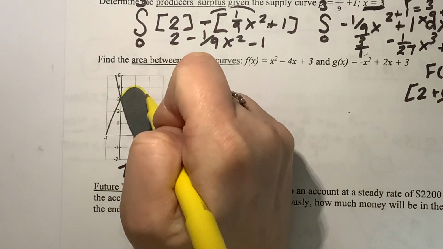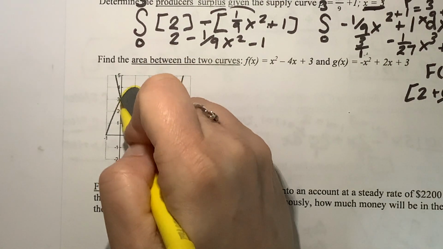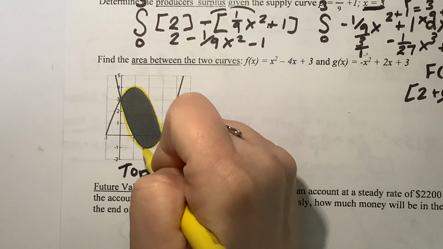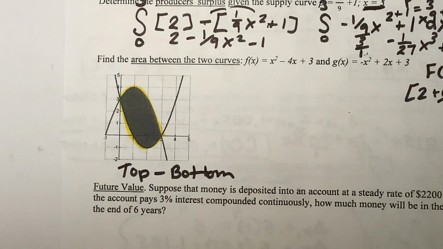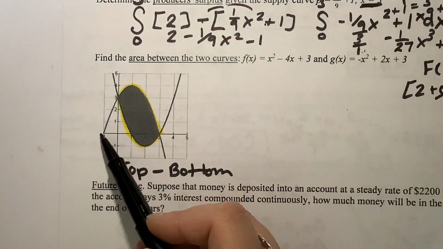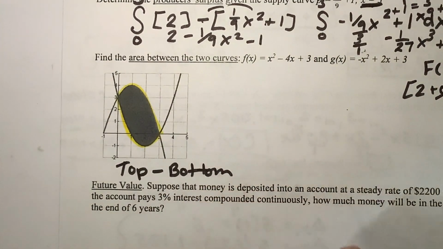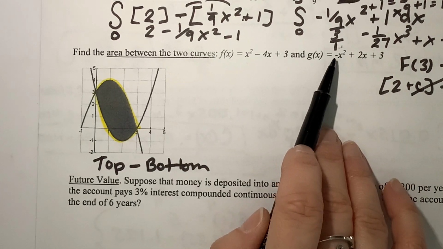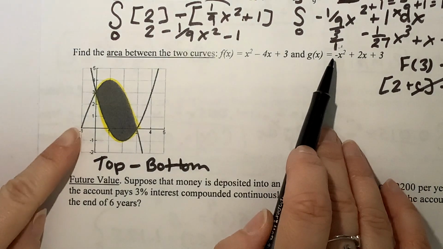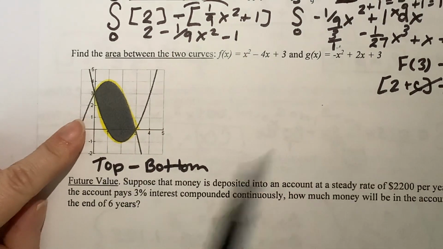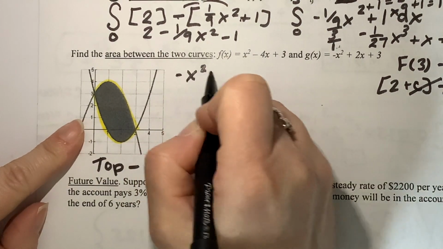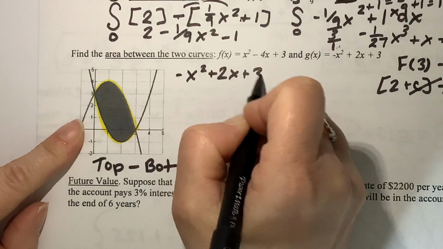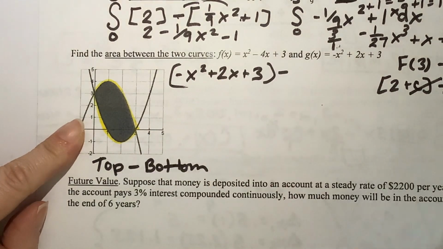We are looking at this region right here. Okay, so I can see that both of these are parabolas. You got to think back to transformations from Algebra 2. In order to have a parabola open downwards, that means it was flipped over the x-axis, meaning you have a negative a value. The parabola on the top is negative x squared plus 2x plus 3 minus,